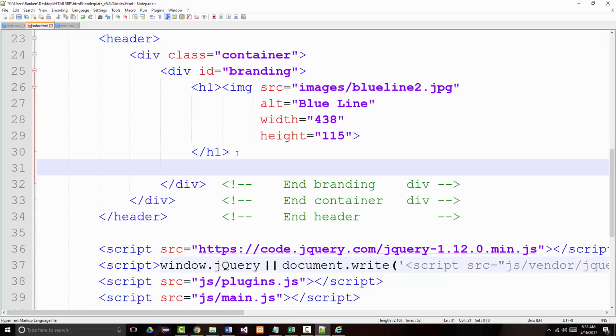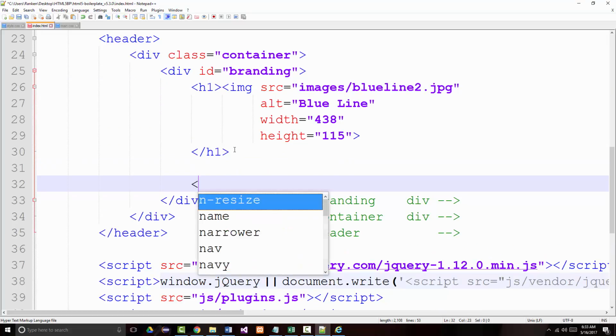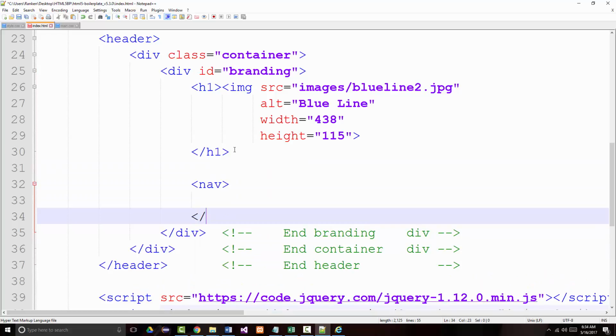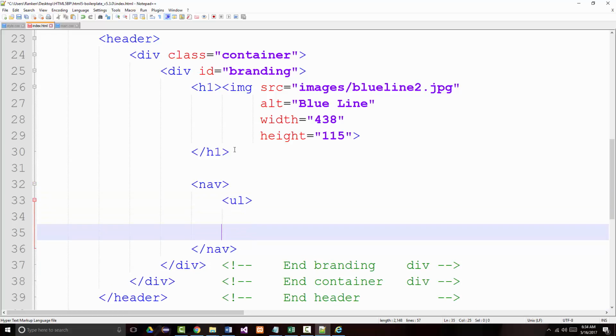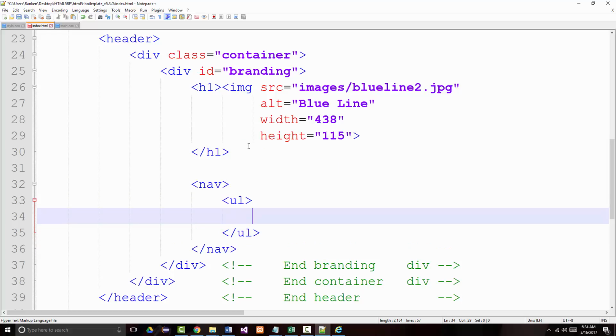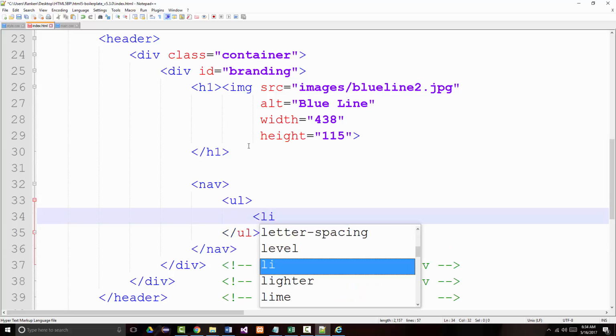Then underneath that, I'm going to put in my nav. This will be my menu, for lack of better words. And my nav will be the same on each page. It'll be an unordered list. And it's going to say LI